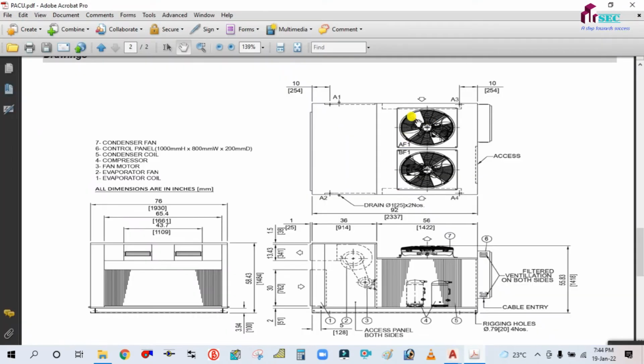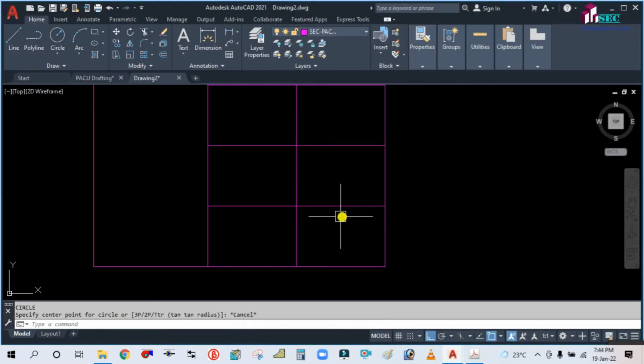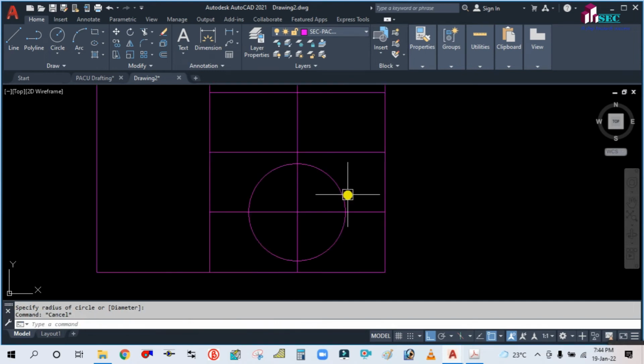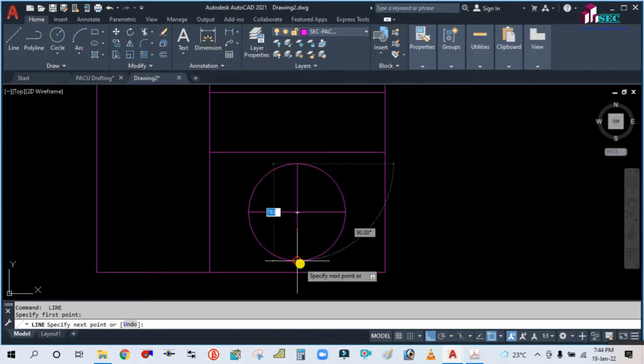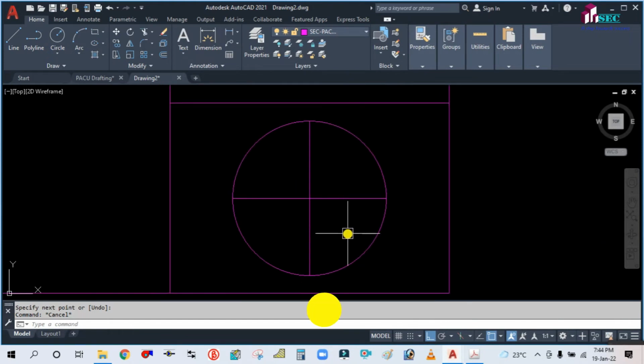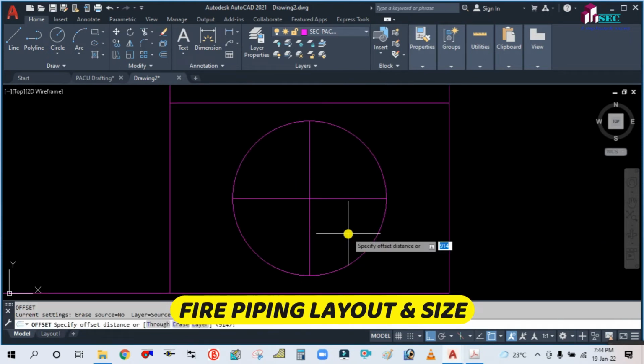Now simply take the circle. You see here, this is the circle. Simply type C for the circle command, select the center line, draw the circle. Okay. Now simply erase this and erase this. Again take the line to draw the line. Okay. Now simply offset this, offset